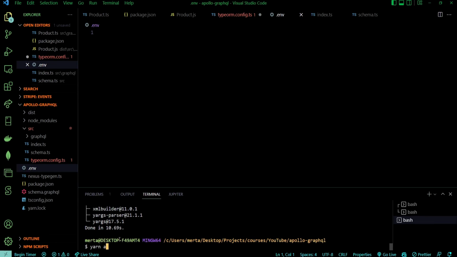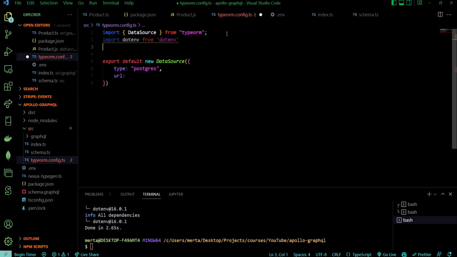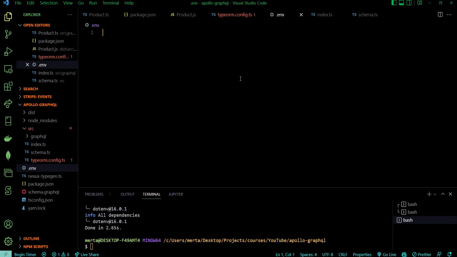But first of all, let's add dotenv and go back here, import dotenv from dotenv and call dotenv's config method to get all kinds of keys, but we don't have any at the moment. Connection string will be our PostgreSQL database connection string. So the value will be